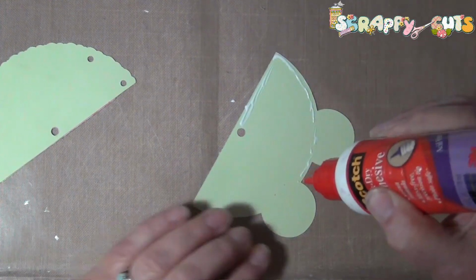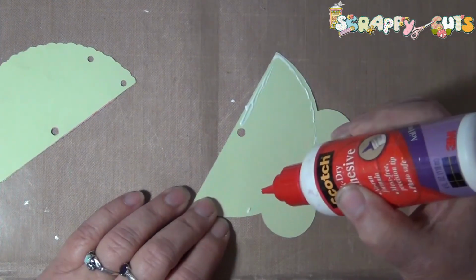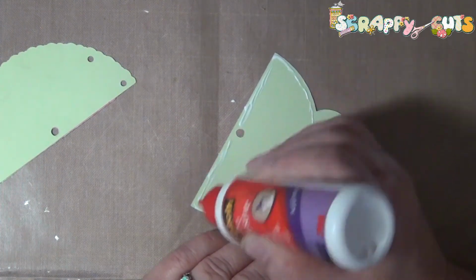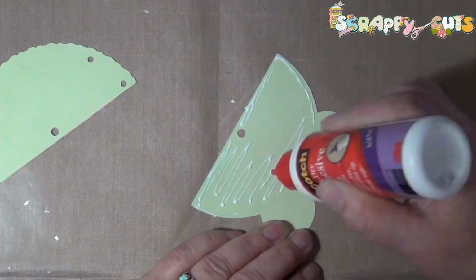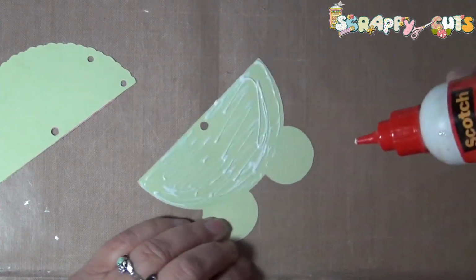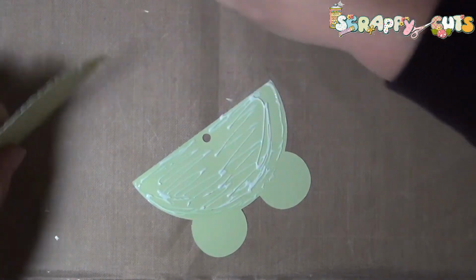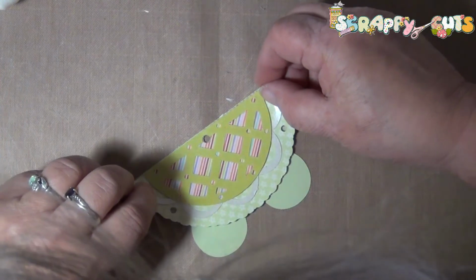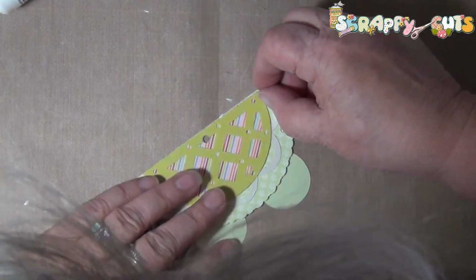So that's why I am turning them upside down. I want to use glue because this really needs to stick well and have strong adhesive. I like this quick drying glue. It's by Scotch, and I use this frequently in all of my projects. And so then adding it, aligning up those holes,